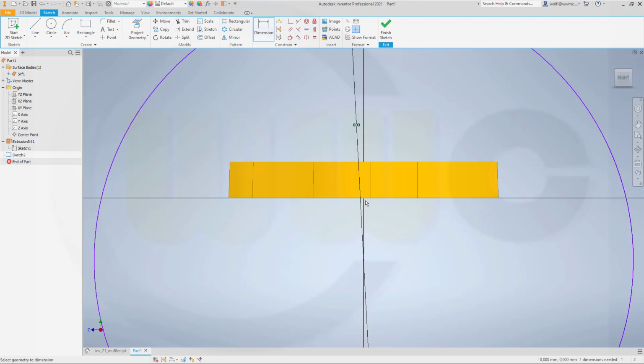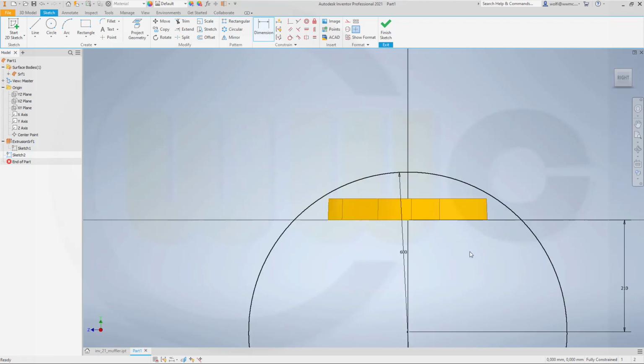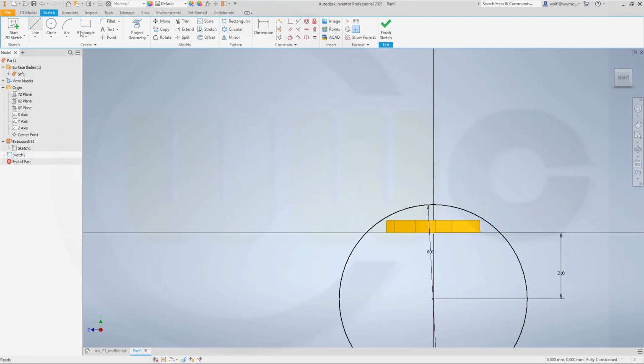Make a dimension from that projected origin point to the midpoint of that circle, and this should be 210. Now add another construction line. Give it a dimension, maybe 20, then trim,